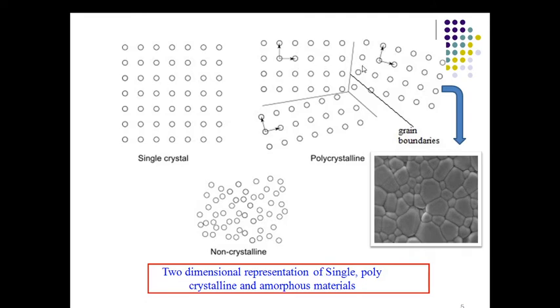Polycrystalline materials are collections of grains, or collections of single crystals of irregular shape, with regular arrangement in a particular alignment of a particular crystal. So there are different single crystals coming together, aligned in different directions, separated by grain boundaries or definite boundary walls. Each single crystal of irregular shape of the size 10 to the power 3 to 10 to the power 4 Angstrom is called a grain. So basically, a polycrystalline material is nothing but a collection of grains. All are single crystals of irregular shapes, aligned in different directions and separated by boundary walls.